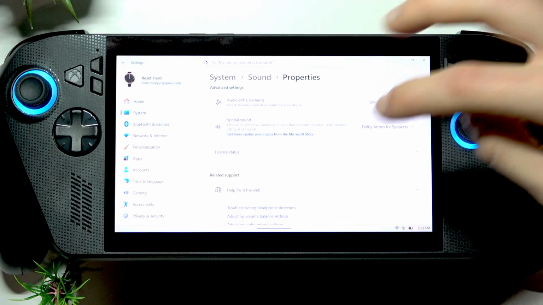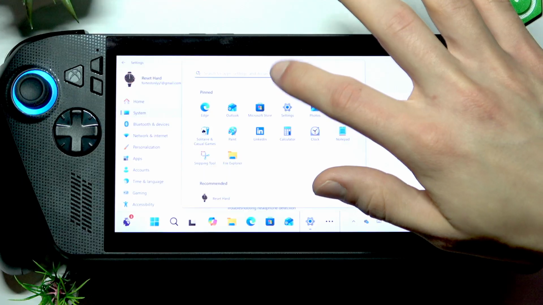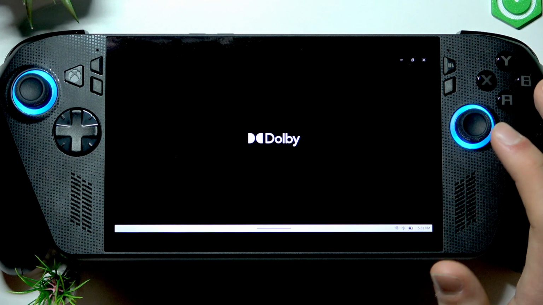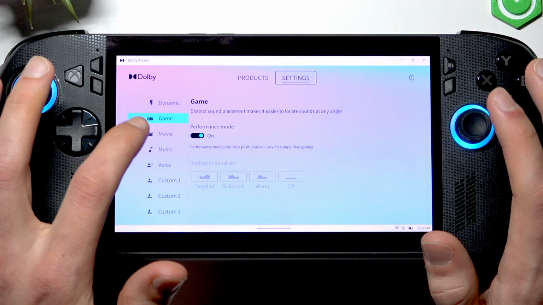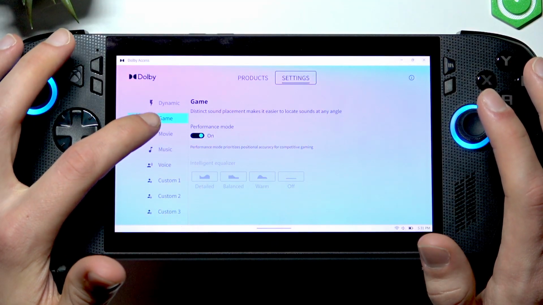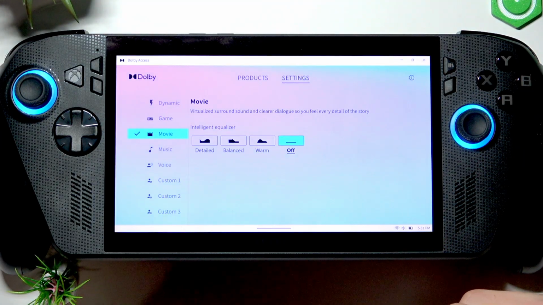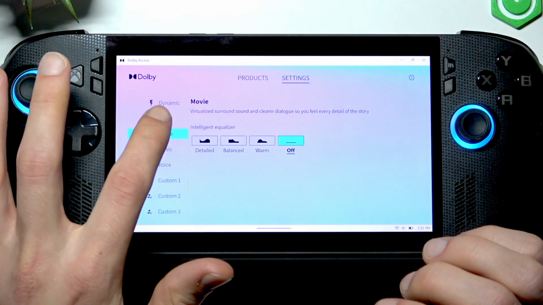Now if this doesn't help you, you can also check the pre-installed application, which is Dolby Access, on your device. Open it, and here you can switch the sound mode from game to, for example, movie, and see how it works for you. You can also play with equalizers if you'd like,